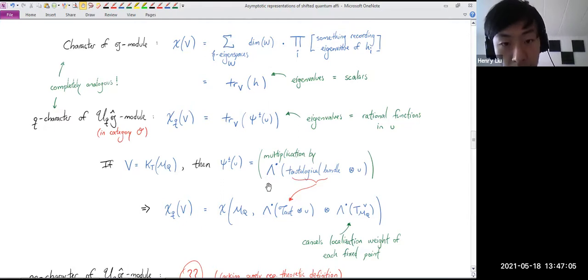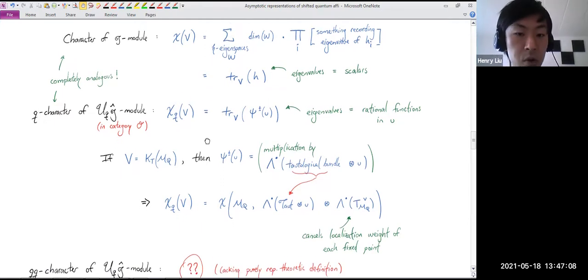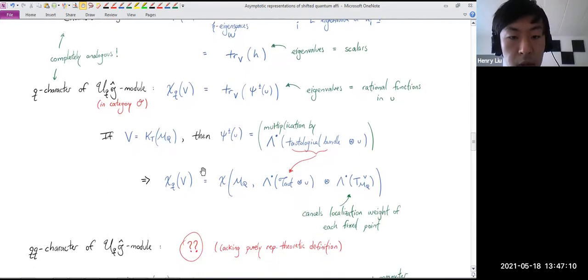Okay. And once you know that, it's not so hard to write a geometric formula for what the Q character is. So here I've written it. Maybe it's not so clear at this point why we'd like to write it this way, but I promise it will be helpful later. So what's going on here? Here I have a Euler characteristic over the Nakajima quiver variety. I've inserted this operator psi,